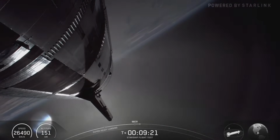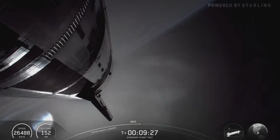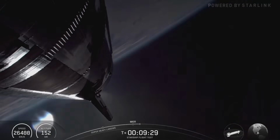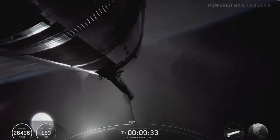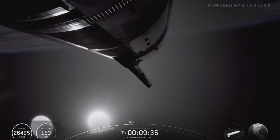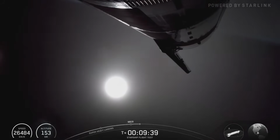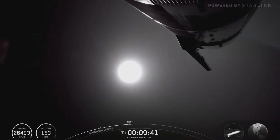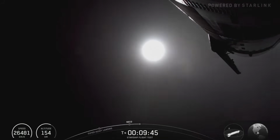All right, we just heard the call out for nominal orbital insertion. So ship is in space. There we go. We're seeing the flaps starting to move into a stowed position. That's why it looks like your camera's moving. Yeah, exciting to see Starship safely in space and super pumped to see all the team's hard work in action